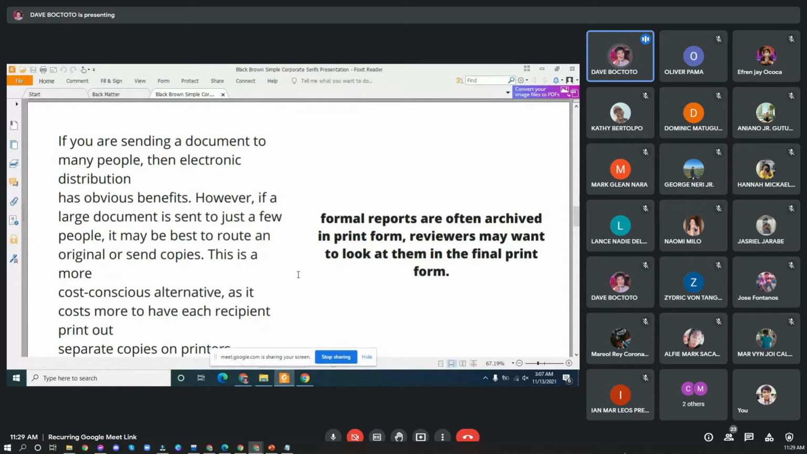So, kung daghan kag sendan, so lamang ka kung mogamit kag electronic distribution gamit ang email. Pero kung gamay ra kag sendan, so mas better kung hard copy imong ihatag, pero medyo gasto lang siya kay syempre mag-print pa ka. So